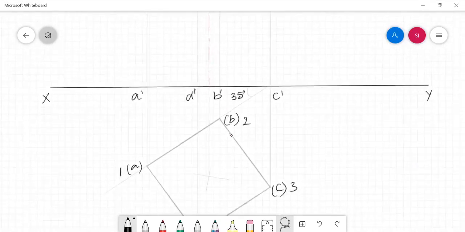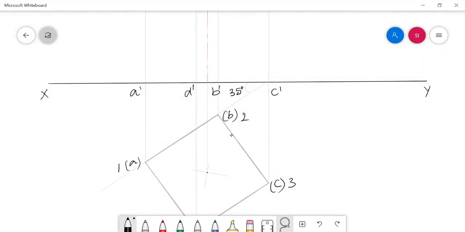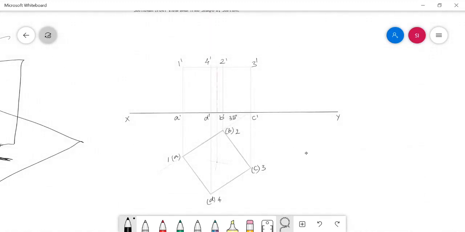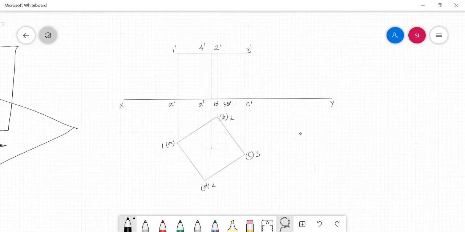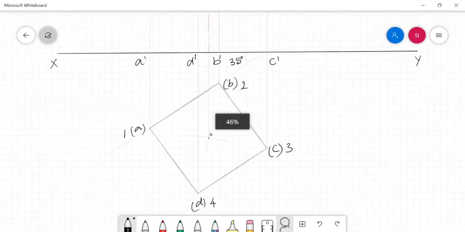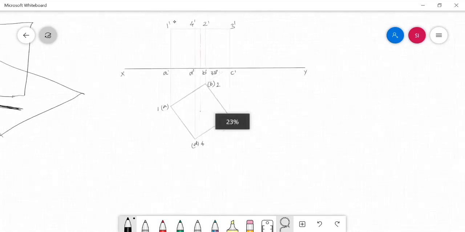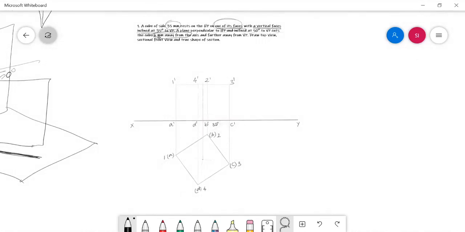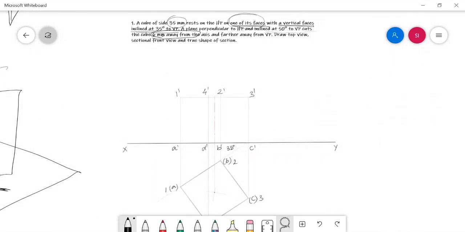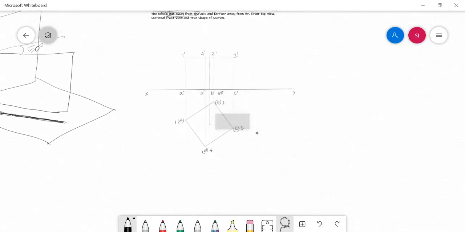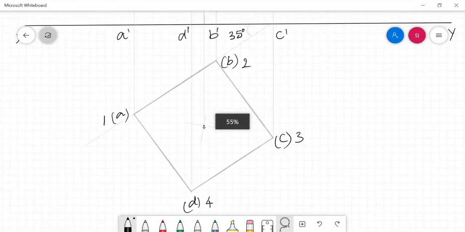So in the top view, the axis is here. From this axis, we need to maintain 6 mm distance to pass the cutting plane. Meanwhile, the cutting plane should be inclined at 50° to VP. So first we need to draw a guide circle by having the axis of the solid as center and 6 mm radius, for which distance we need to maintain between the trace of the cutting plane and the axis of the solid.